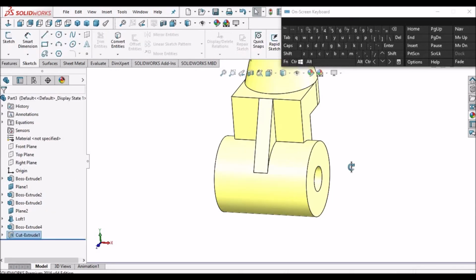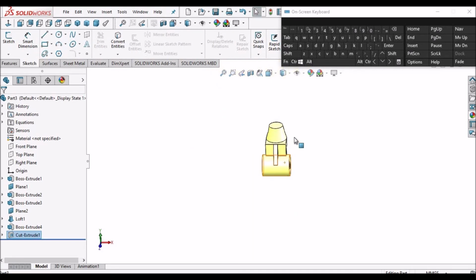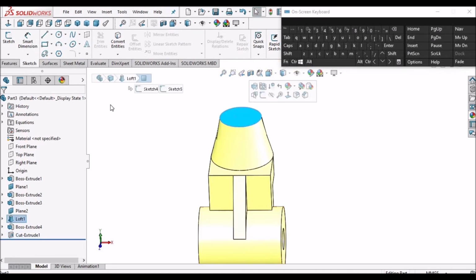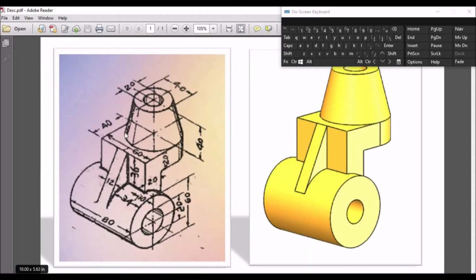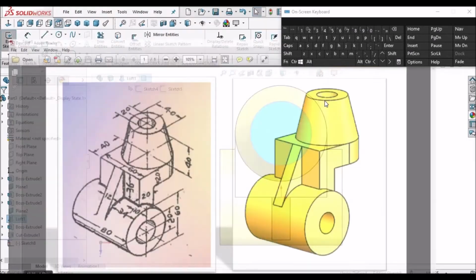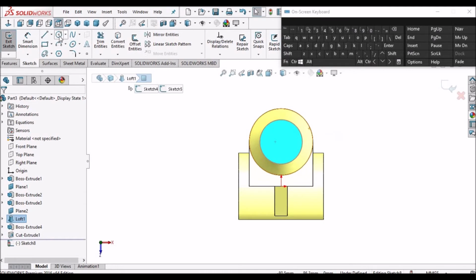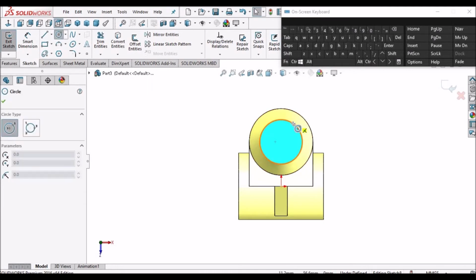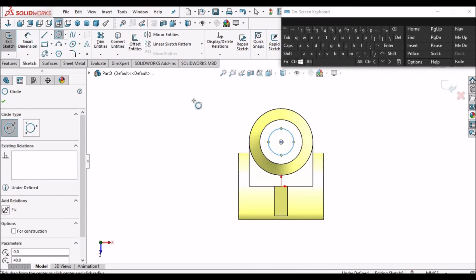So material has been removed. So next, select this face, go to sketch, keep it normal, and diameter is 20. Move near to the circle and see the center of the circle.